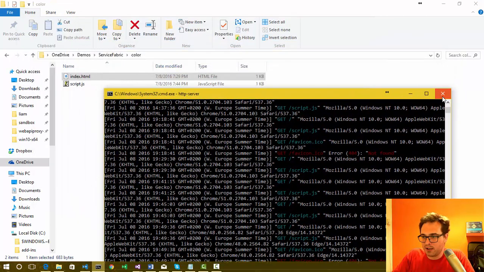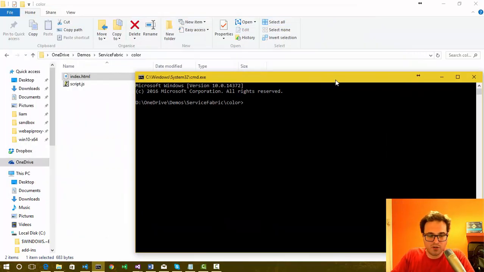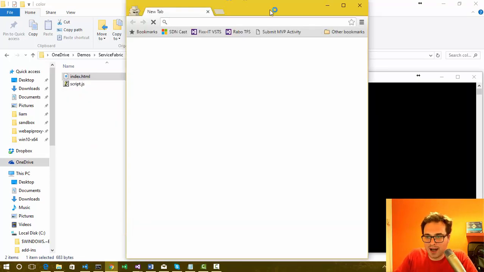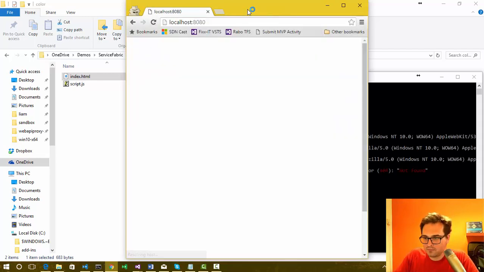I'm just basically running a simple node server. It's called HTTP server. I'm not going to go into depth how to do this. You just run npm install http-server. It's a lightweight HTTP server. And once installed, I can just call http-server to serve up my local directory on localhost port 8080. To be sure everything is fine, I will open an incognito window, or an InPrivate window if you're using IE. And if I browse to port 8080,